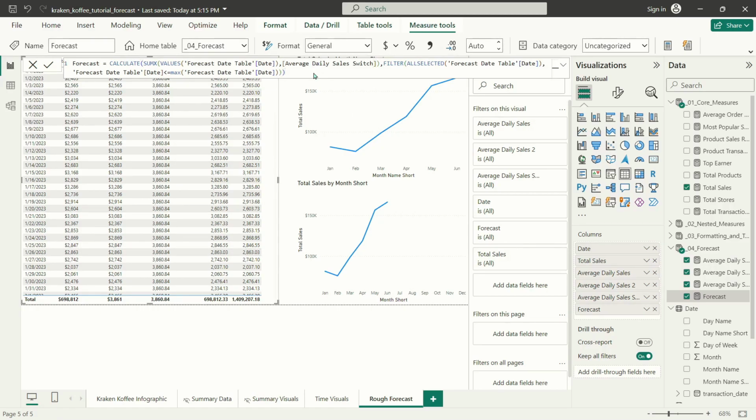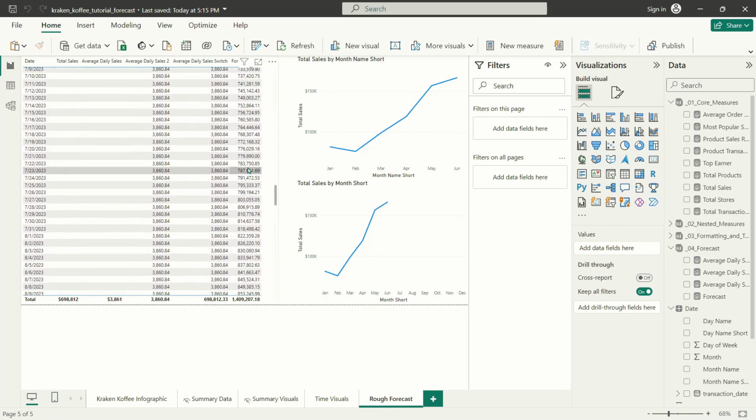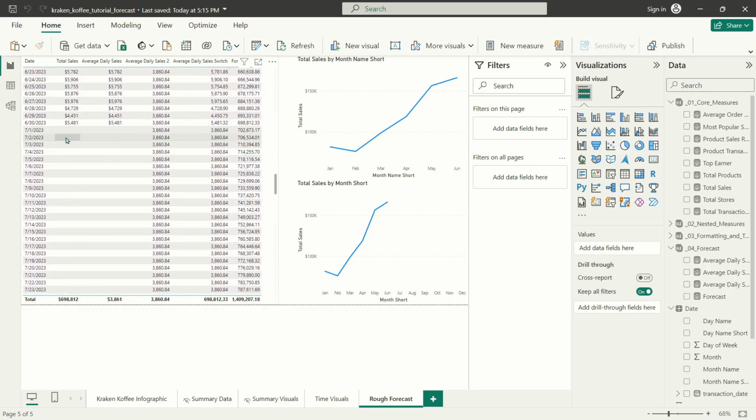I'm telling Power BI that I want to sum up all values that are less than or equal to January 26th. Now, when I hit enter, notice that as the date incrementally increases, Power BI knows to sum up all values in average daily sales switch that are less than or equal to January 4th or January 9th or January 16th. And that logic's going to hold true even when I get to the values starting July 1st, July 2nd, July 3rd, where I don't have any real sales. You'll notice that at this point, since I've run out of real data here, I'm now just adding every single day that